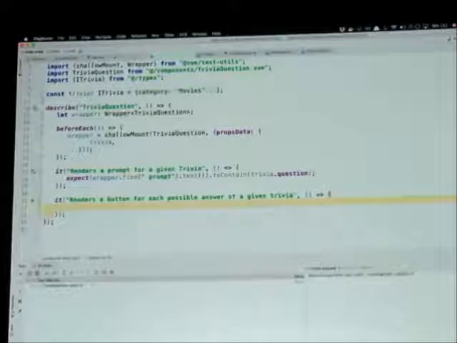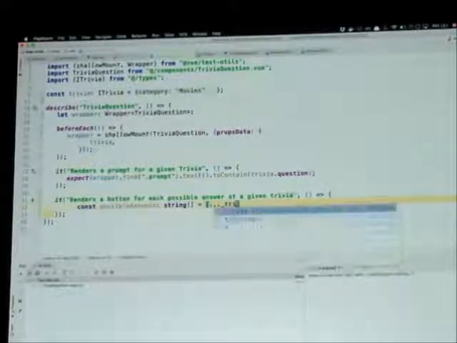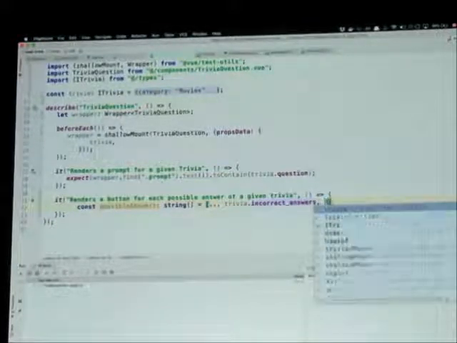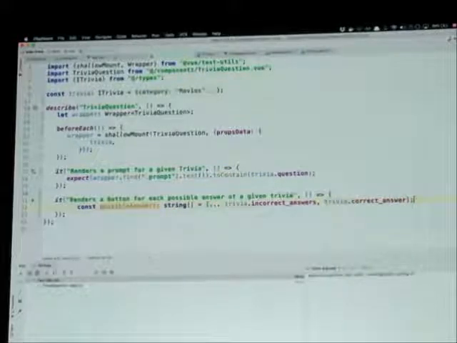All right, so this is going to be a little bit more tricky, right? Because what are all the possible answers that we have? So let's just say possible answers. This is a string array, right? So what are those? Those are going to be all the incorrect answers together with the correct answer, right? All those answers together